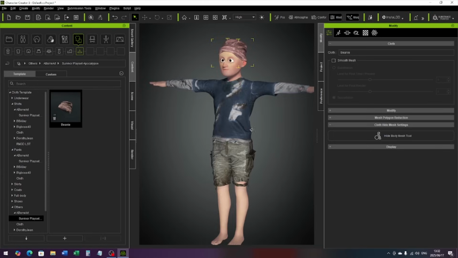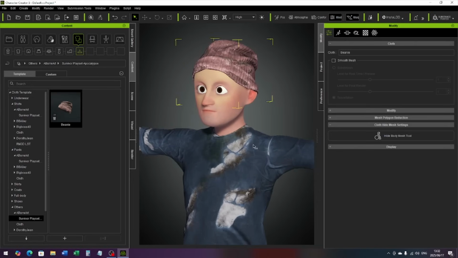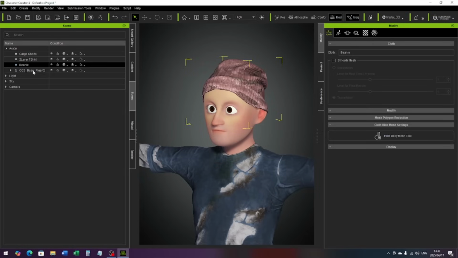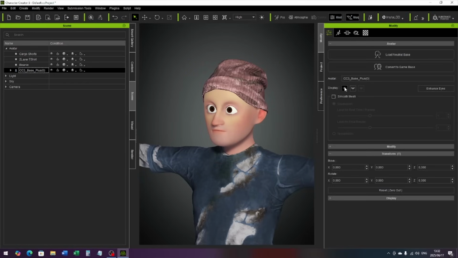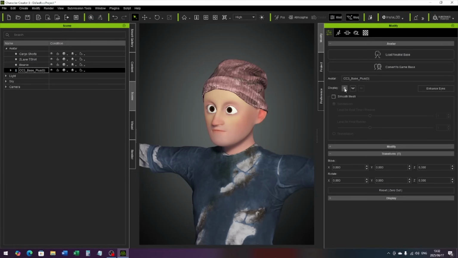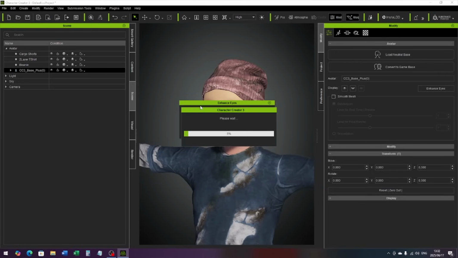And there you go. Okay, so we've got our homeless person. I think this looks like a homeless person, but you can see, first of all, there's no eyebrows. So let's just change that quickly. First, a few things we need to do, let's just select the character. We need to fix the eye blinking because that doesn't work. So we just go to modify, correct eye blink. And if we do that now, it is closed. So that is done. And then I just click enhance eyes just to make the eyes look a lot more